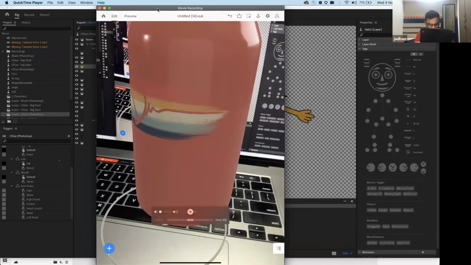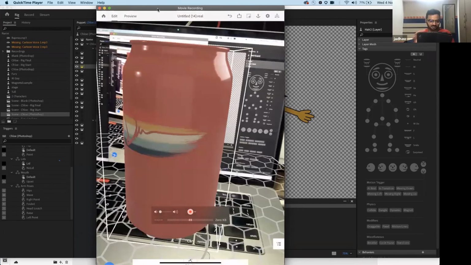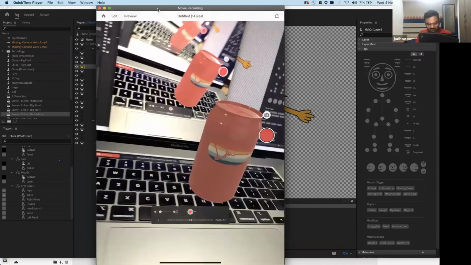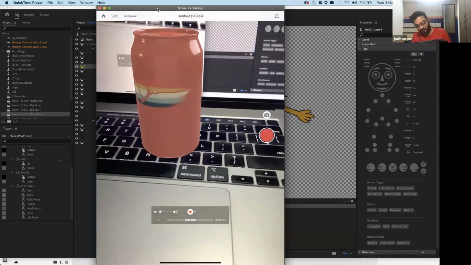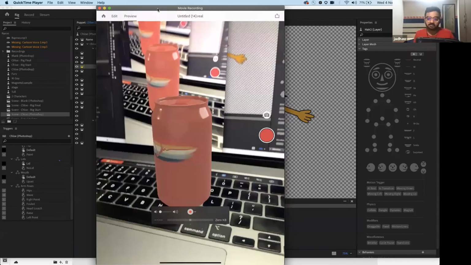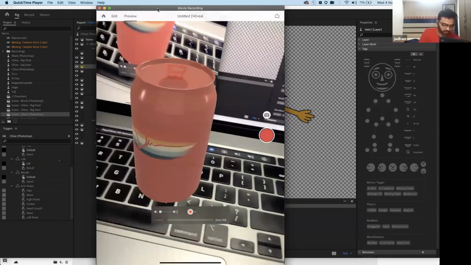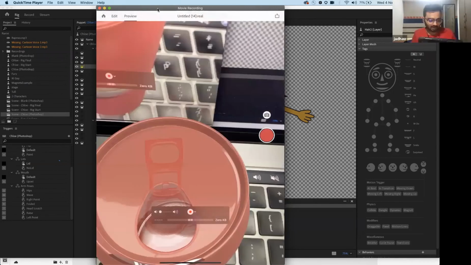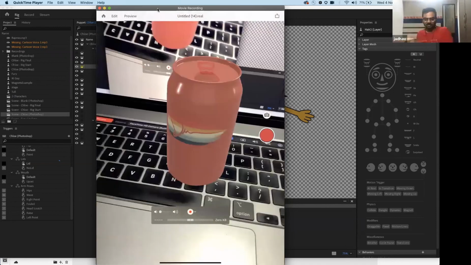Okay, so the can is there. It's pretty big. I can just scale it down. And this is how the can looks. Oh, this was a different can, by the way, not the can which I exported. Maybe by mistake, I opened up some other can, but you see that the same way I can export a can and bring it into Aero. So as a student, if I have some projects which I'm working on, I can actually see how that project would look in real time. So this way I can see how the project is looking in my real environment. This is what Aero does. Okay, so that was a quick glimpse about Adobe Aero.